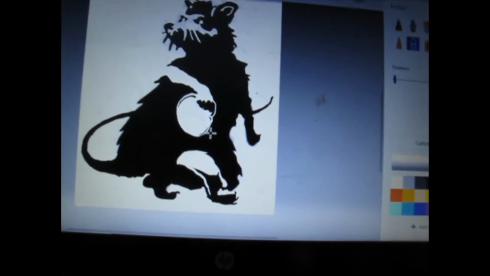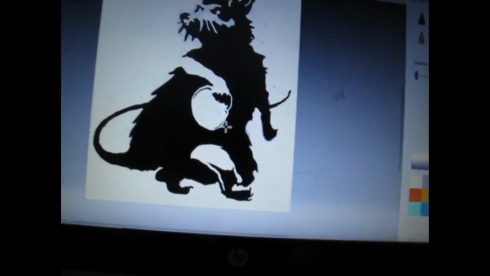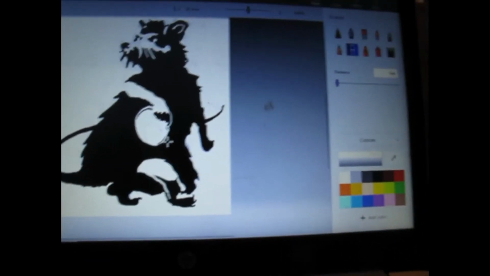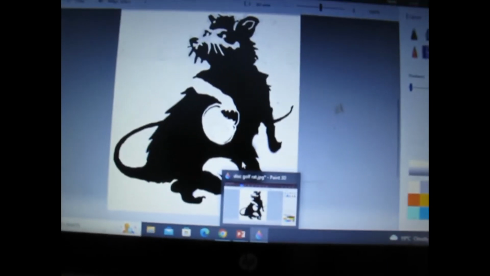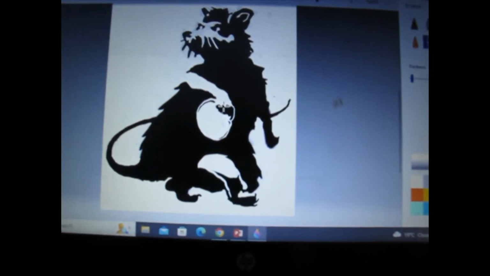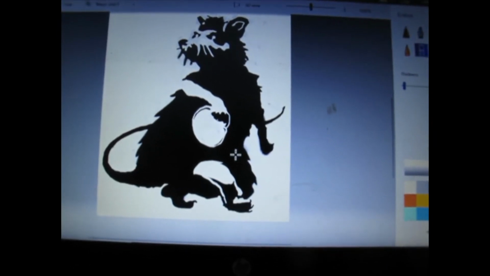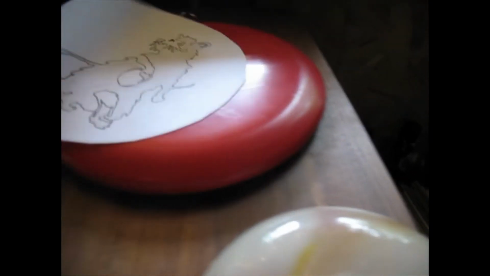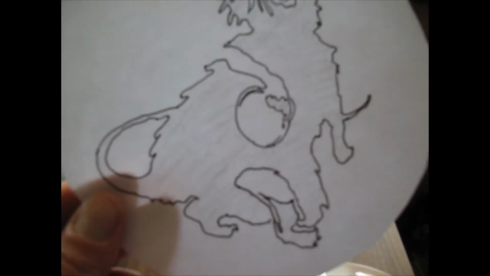I've sent it off to a cookie cutter, like a 3D printing cookie cutter, so that I can repeat this image using a cookie cutter on the plasticine on the discs. But for now, what I've done is just trace this, put a paper on here, trace this onto paper, and then we'll show you the next technique to do with the plasticine. Okay, so here's just a piece of paper I traced directly off my computer of my image,